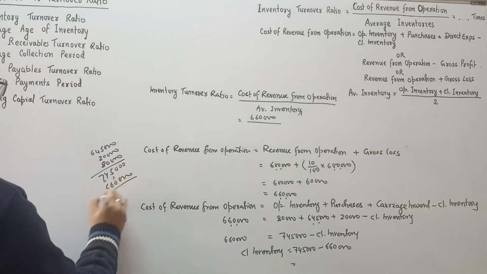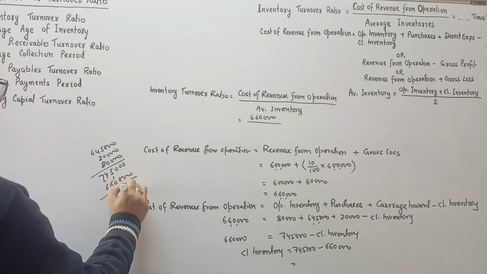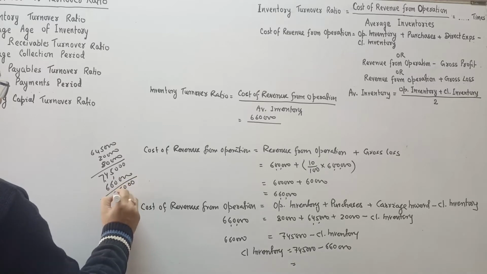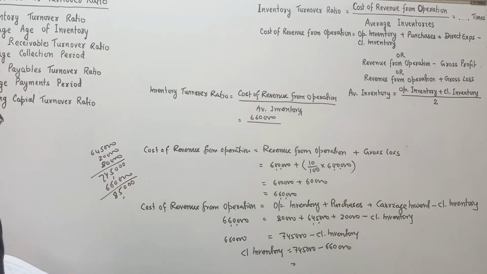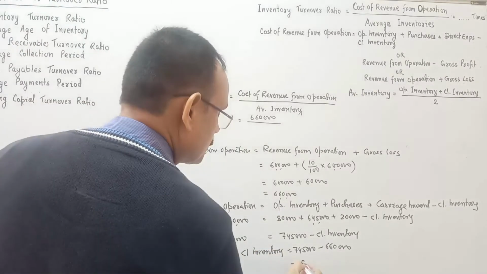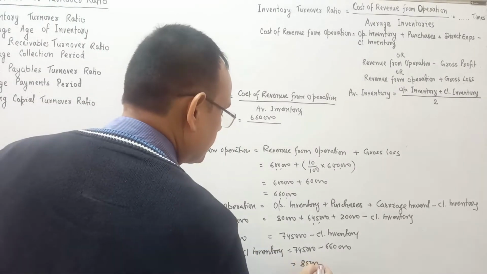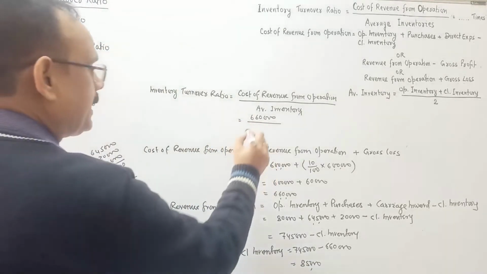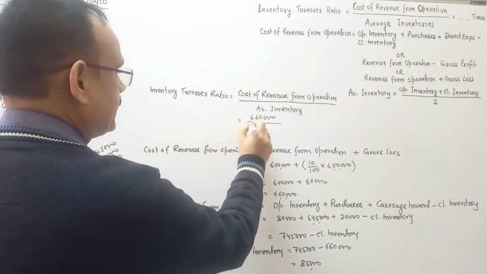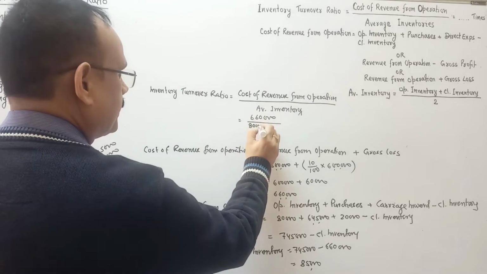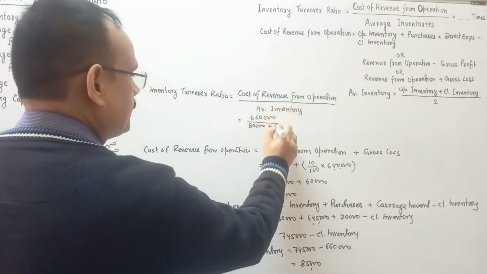Okay, 6,60,000 will be deducted. So the closing inventory is 85,000. Here opening inventory is given, that is 80,000,